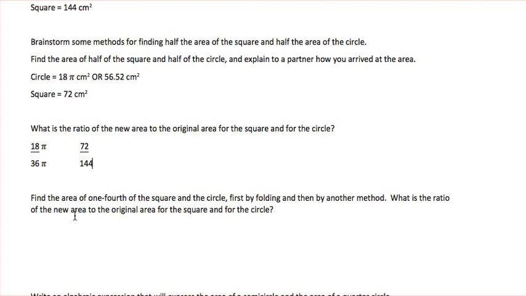So if we continue on exploring, they're asking us to find the area of 1/4 of the square and the circle, first by folding and then by another method. Hopefully, you have centimeter paper that you have drawn your circle on. So you may be able to explore it by counting the squares. 1/4 of the square and the circle, of course, would be, the circle would be 9 pi